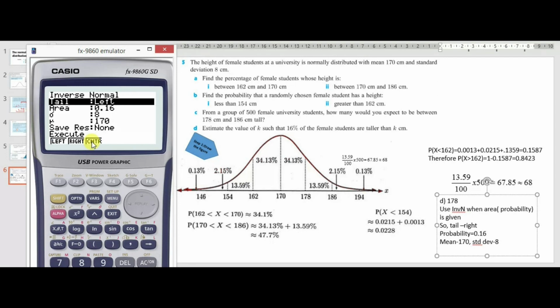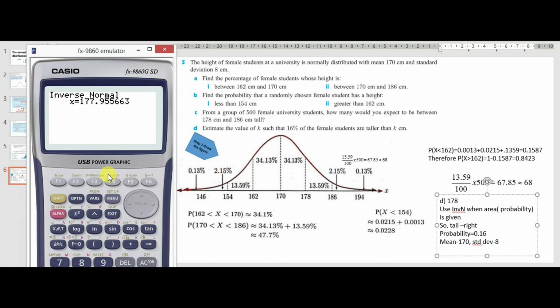Now we are looking at greater than, taller than K. So you need to select the right as your tail. If it was lesser than, then you can select left as your tail. So now I'm saying my tail is on the right. The area under the curve is 0.16 because this is percentage. In terms of probability, it would be 16 divided by 100, which is 0.16. The mean 170 and the standard deviation is already given to us. Now when I execute it,